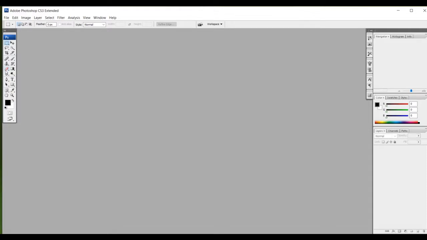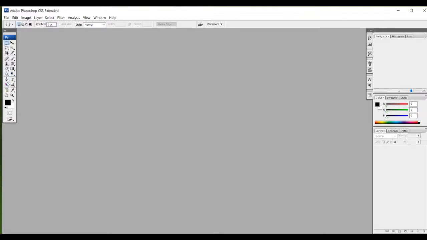In that we have the healing tool, brush tool, clone stamp, history brush tool, eraser, gradient tool, blur tool, and dodge tool. So these are all retouching and painting tools.